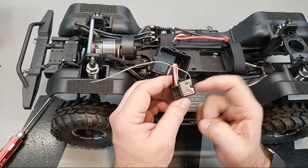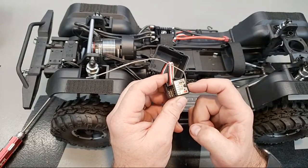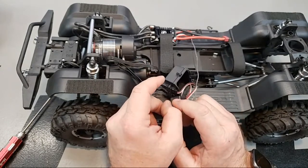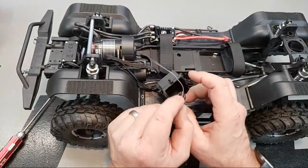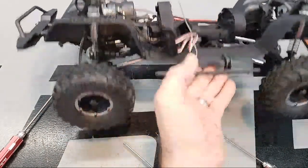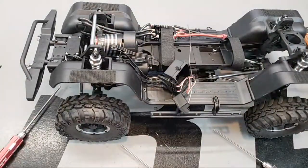Now, the only thing though, because I've totally messed this up, what about the binding and all of that stuff? It's not like there's a factory reset of this thing. And again, I don't know anything about crawlers here, so I think what I'll do is I'll throw a pack in this right now. I'll get this thing elevated, because you know it's just going to rocket right off the table because it's a crawler. Get this thing elevated, and I'll